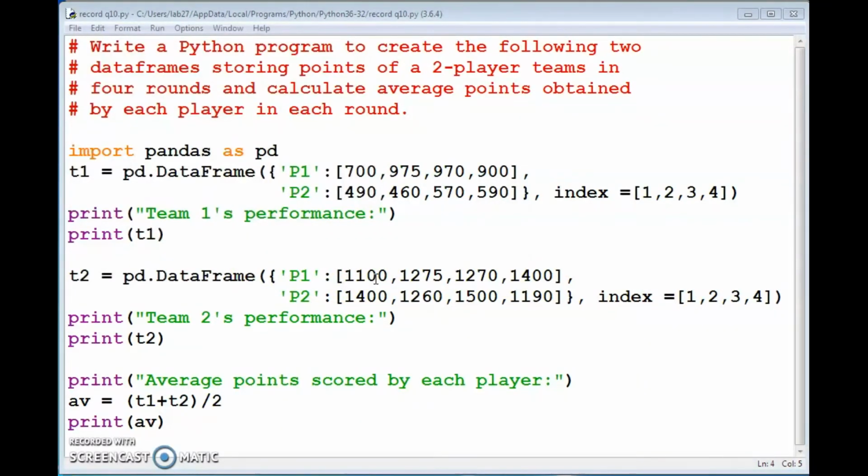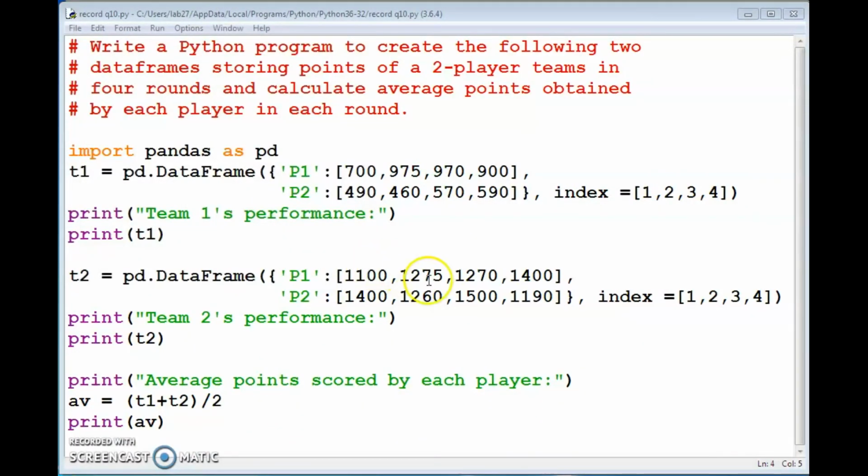How can we calculate the average? That is 700 plus 1100 divided by 2. That is the average point obtained by P1 in the first round.